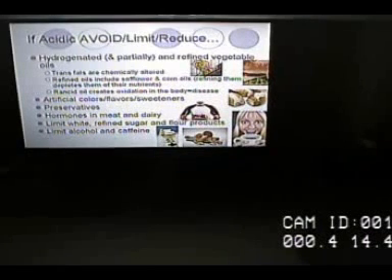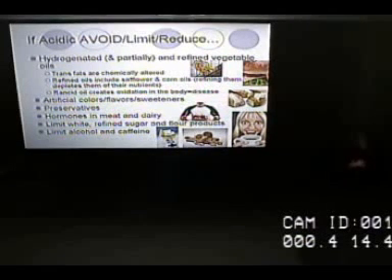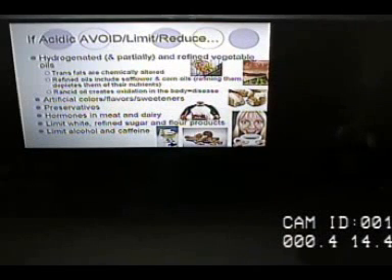So if you are acidic, here's a few things that you want to reduce as much as possible or avoid, whatever you can. The hydrogenated and partially hydrogenated oils, these are the trans fats. Even if you take something such as olive oil, which is a very good fat to start out with, if you cook it at a high temperature beyond its limit, which I think is 325, 350, something like that, and it hits its smoke point and starts billowing smoke, that means it's turning it into a trans fat. So it originally started out as a good fat, and it's flipped over into a non-beneficial fat.